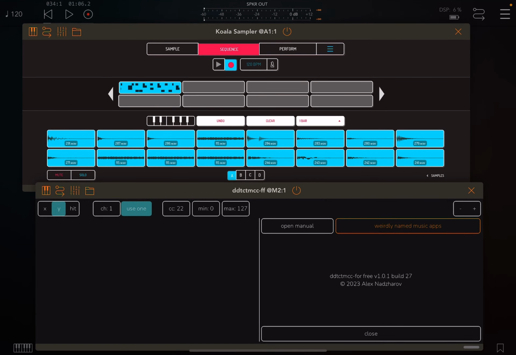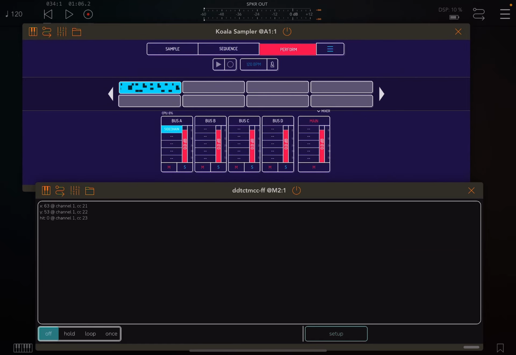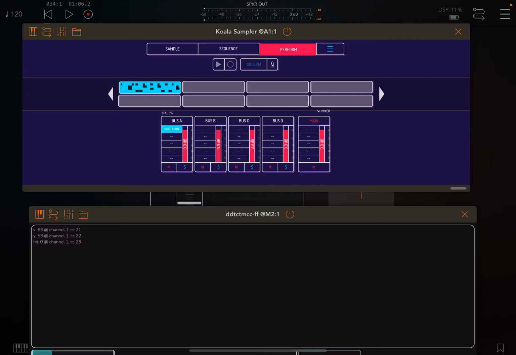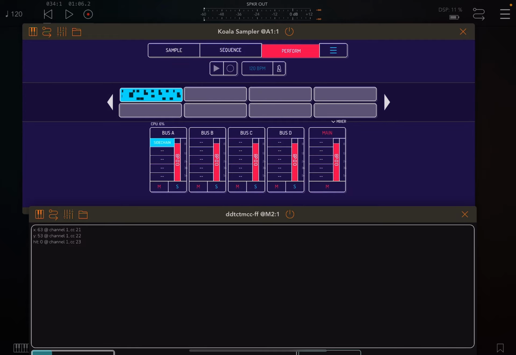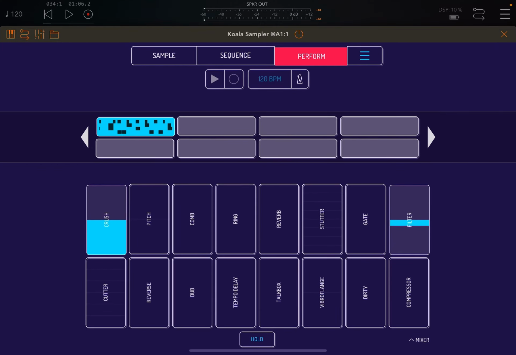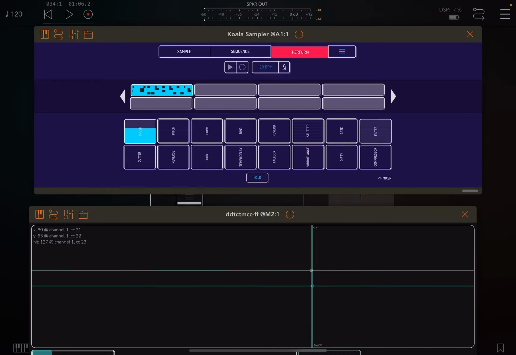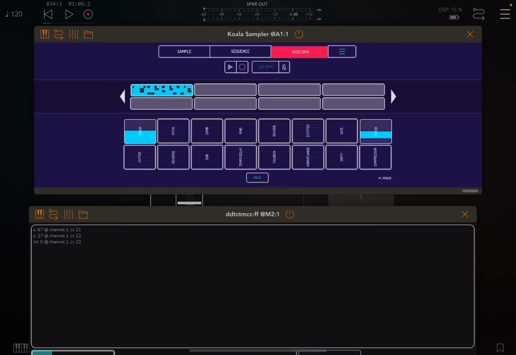So if we open the two up, we're going to close this setup, and now when we drag, if we go to perform, there we go. When we drag left and right, you can see it's controlling the crush, and up and down is controlling the filter. So if we hit play,